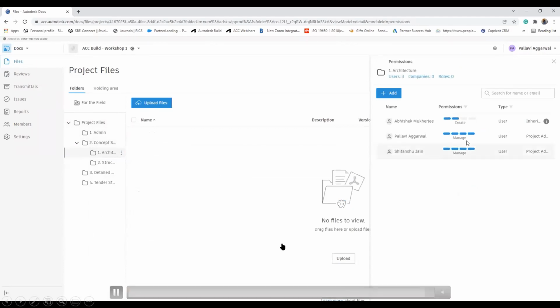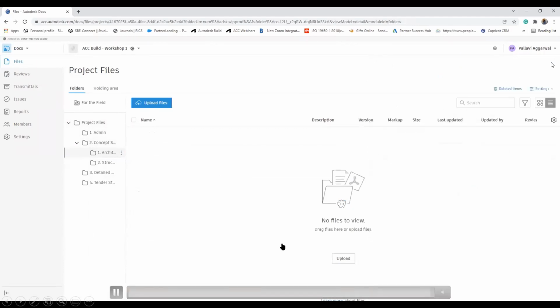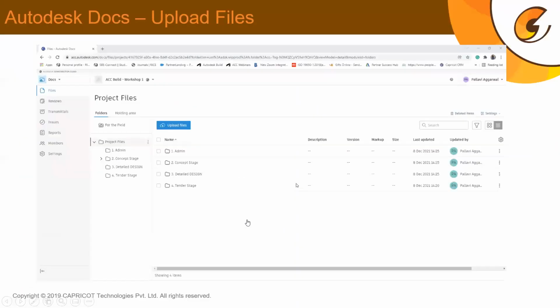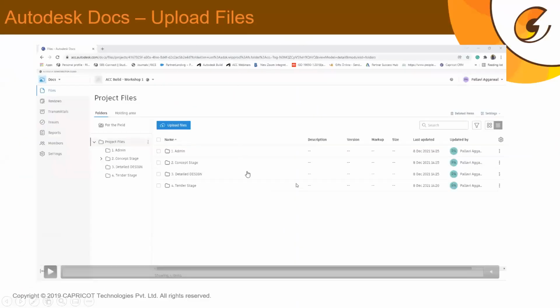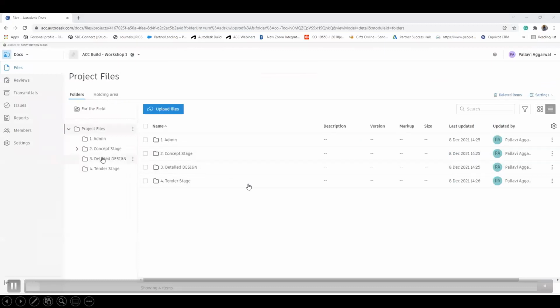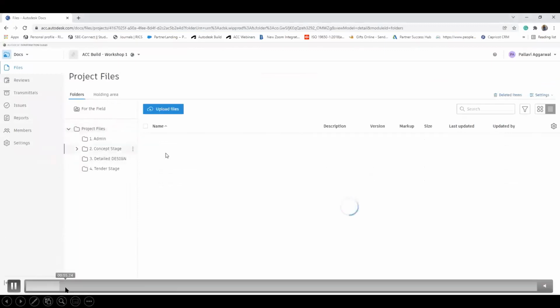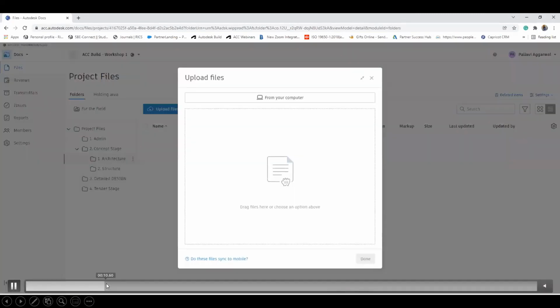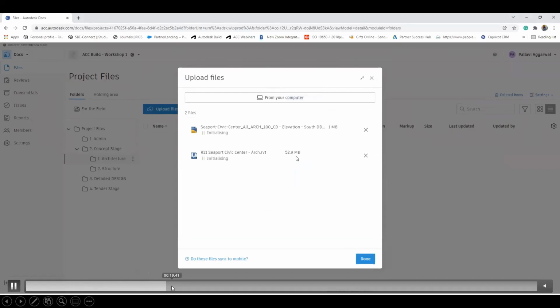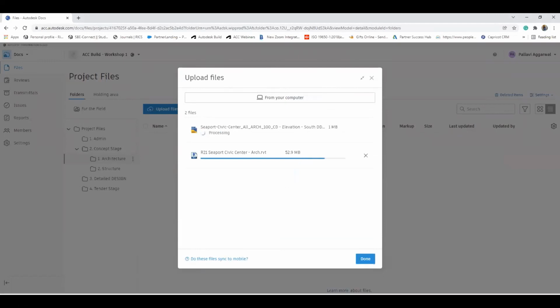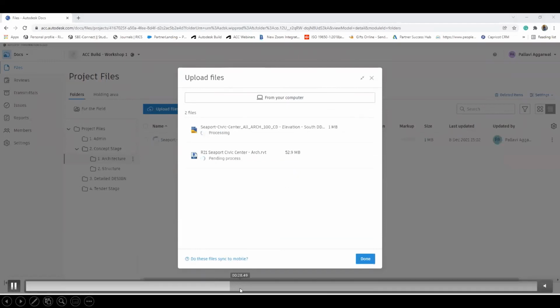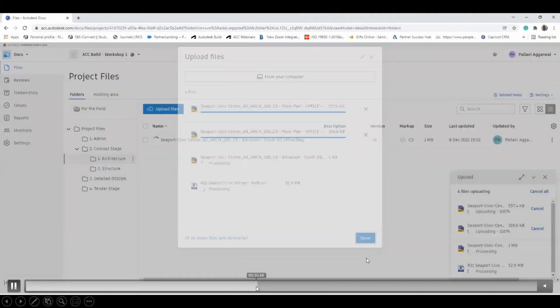And you can also keep checking this information in the later stages of the project, as and when a new member comes to the project. Then we'll again see today how we can upload different sets of files. It supports multiple file formats. Let's say we are in the architecture folder and we want to upload different files. This can be a Revit file, a PDF, an AutoCAD file or a DWG file, any sort of file. It can even be a video or a JPEG, depending on the type of documents that we have within the system.